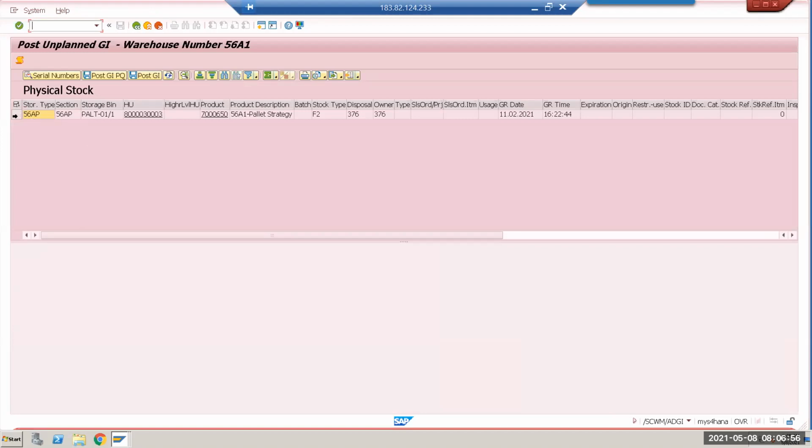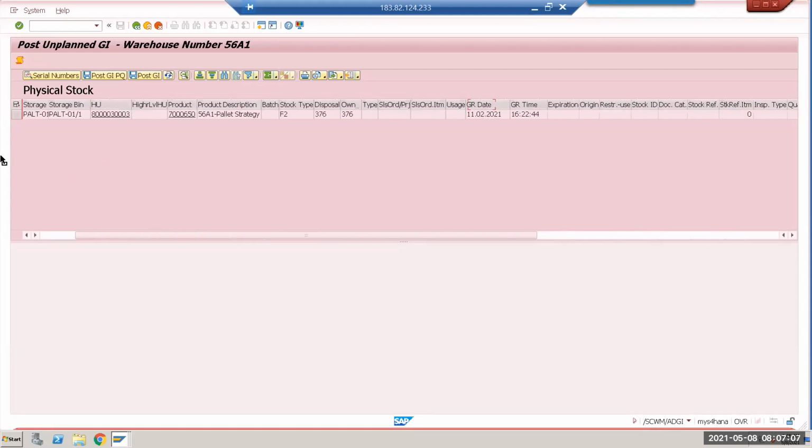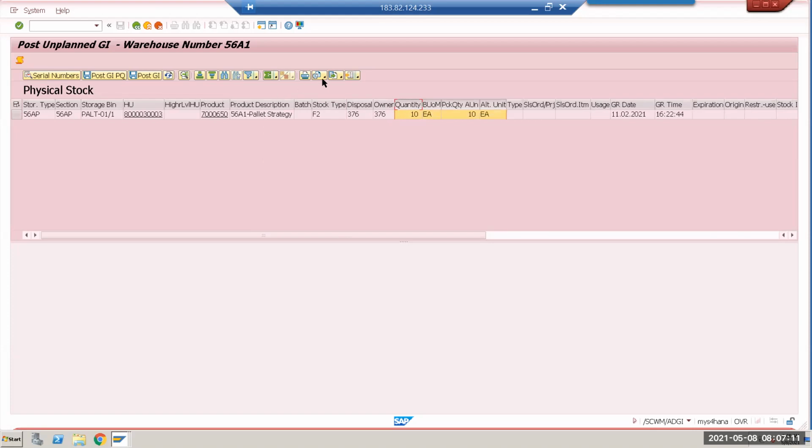So here, my stock, this movement is 10 pieces. This is my stock. This is 10 pieces. This is where change layout.